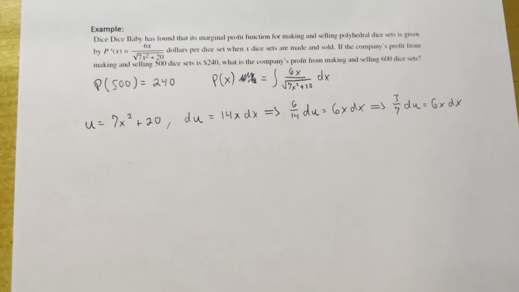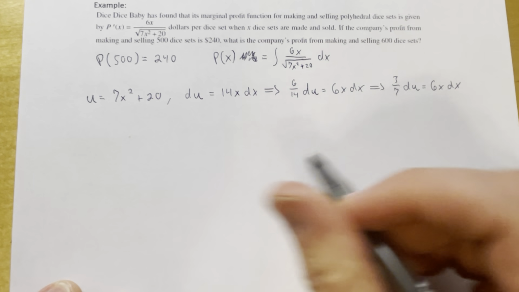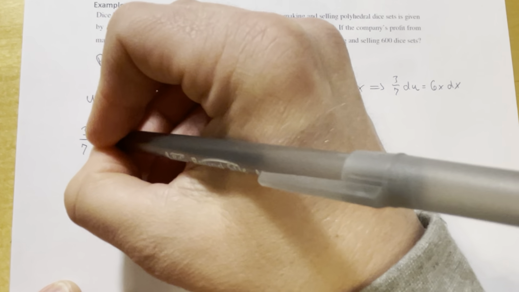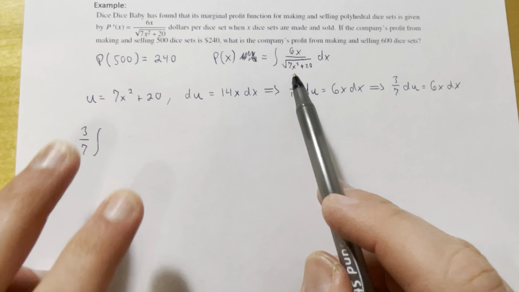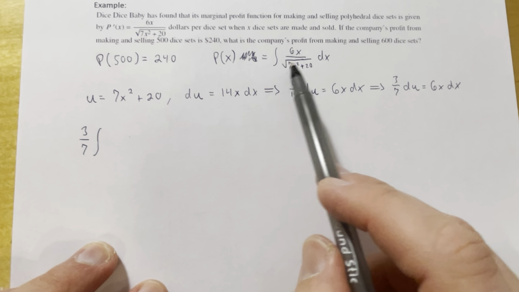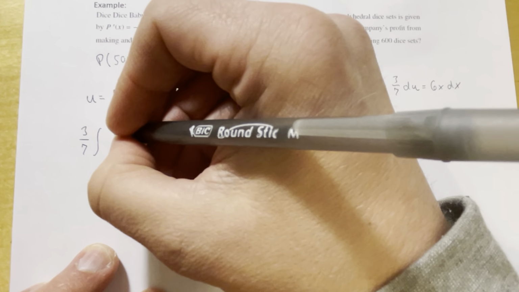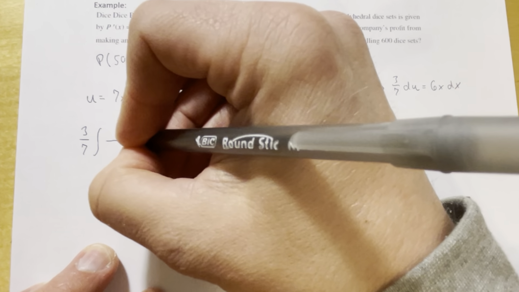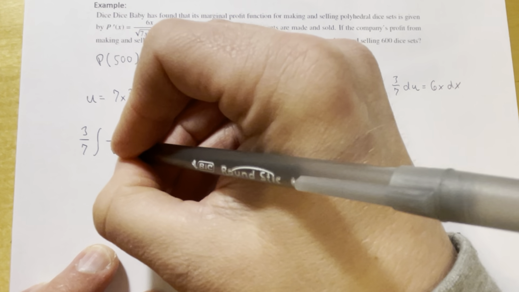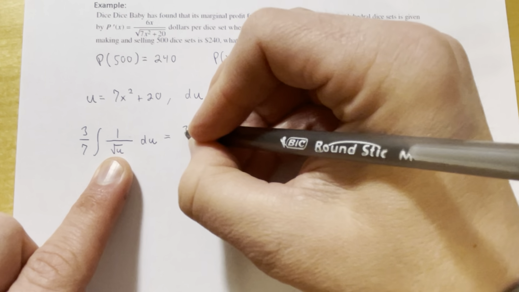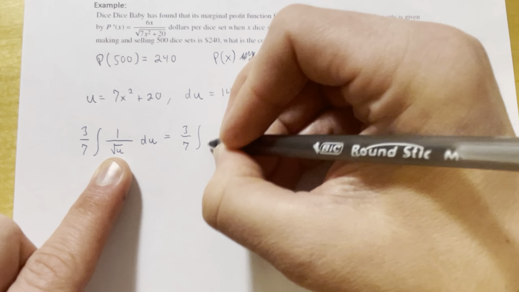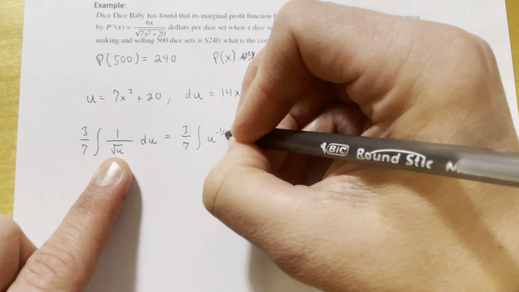Okay, so let's rewrite our integral now in terms of this u. My integral is going to have this 3/7, which I'm going to pull out like we've been doing. And then I have a du here, together with that 3/7, over the square root of just u. I'm going to write that as 1 over the square root of u du, like this, which we know is better if we write it this way, u to the negative 1/2 power,